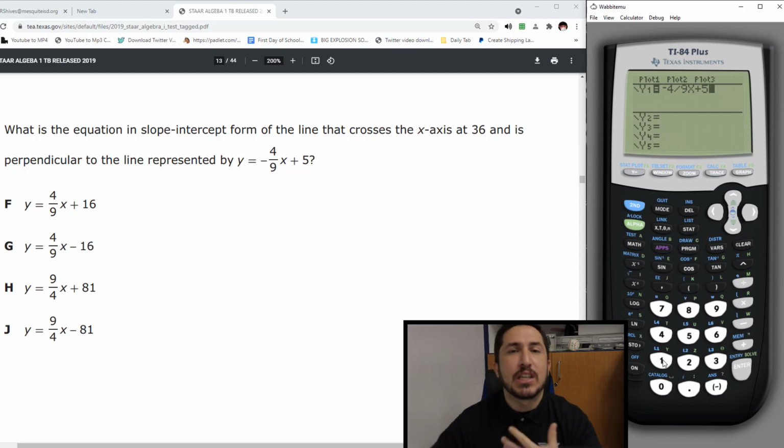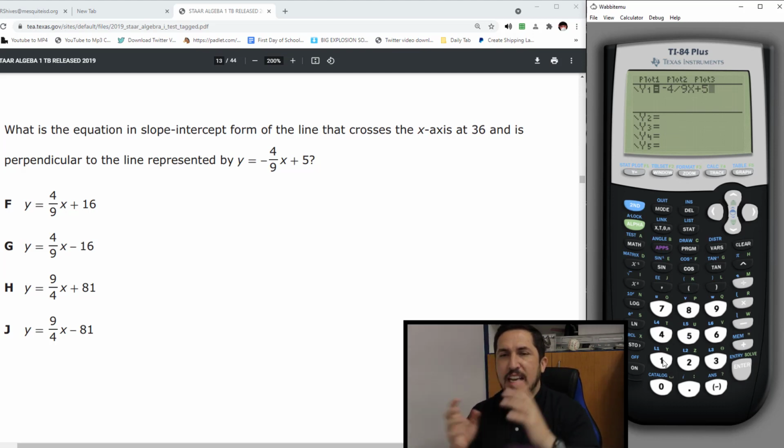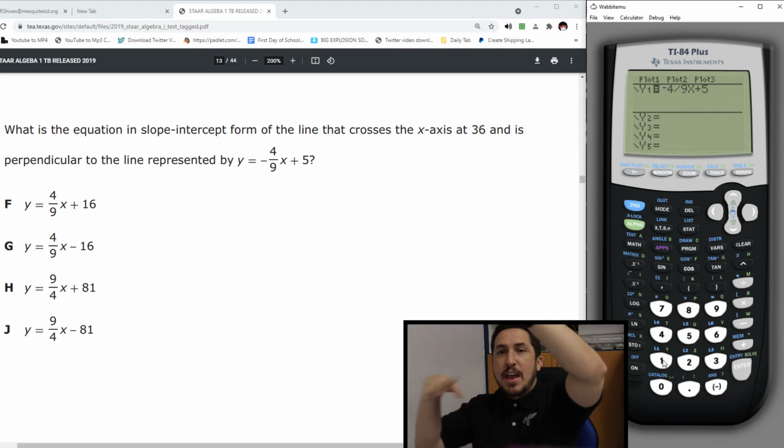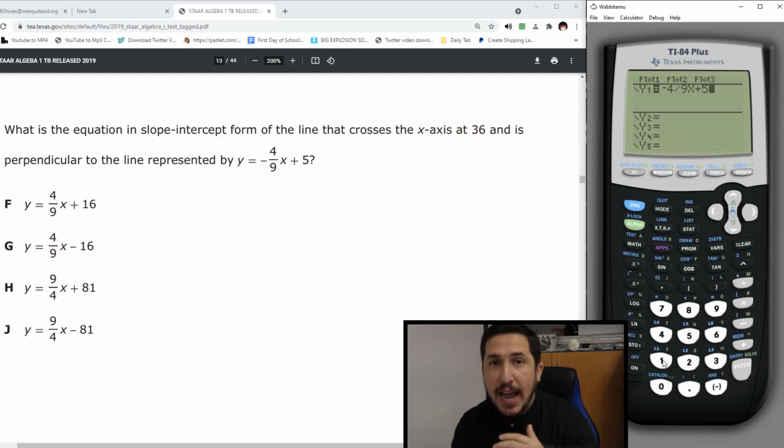That's what you run the risk of your calculator thinking, that it's -4 over 9x plus 5, when all those guys aren't at the bottom. It's just the 9 at the bottom. So that's why you have to wrap the fraction. So I'm going to wrap the fraction by putting the parentheses around. So I'm going to go parentheses, -4 divided by 9. The fraction is done, so I close it.